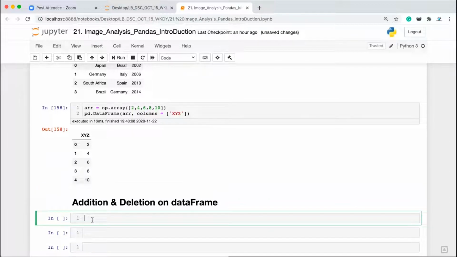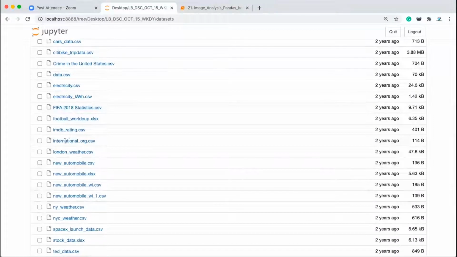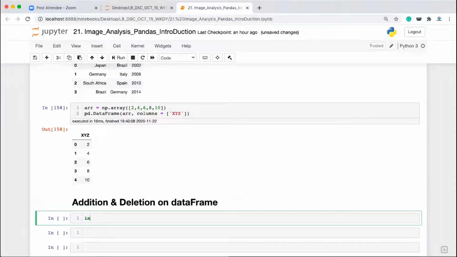So adding to a data frame, deleting from a data frame, like adding a few rows or a few columns, or deleting a few rows or a few columns. For that, I'm going to read this data frame, International organization.csv. So I'll be writing here inter_organization is equal to pd.data frame, and here we'll be writing,